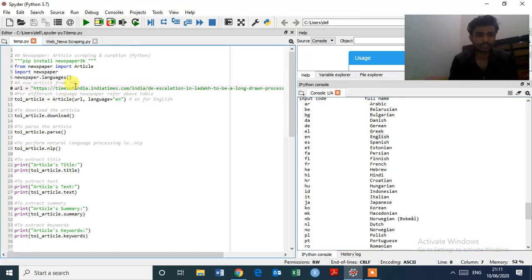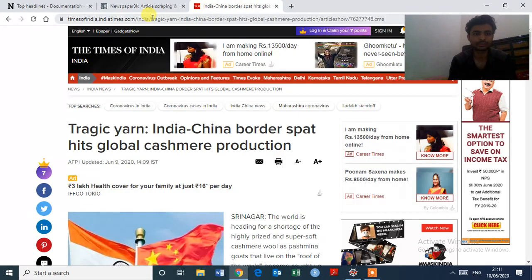So we are going to fetch the article from Times of India. So just open this Times of India, India and China news.